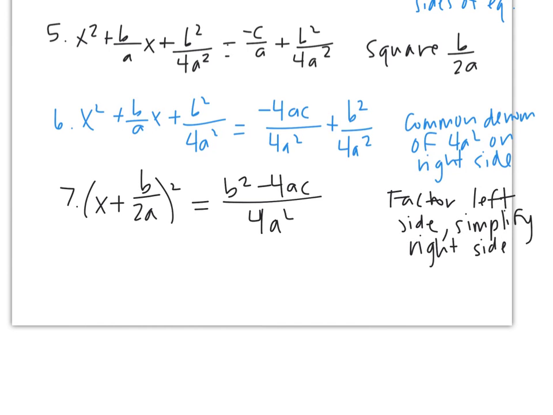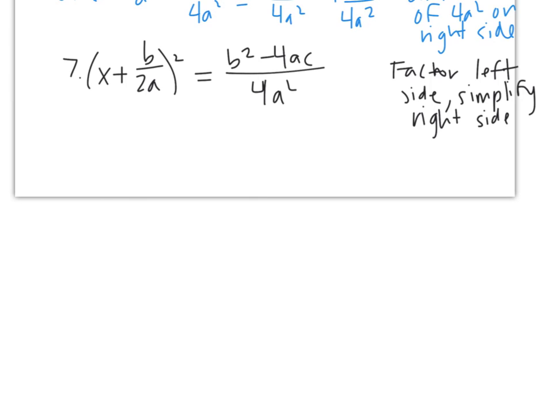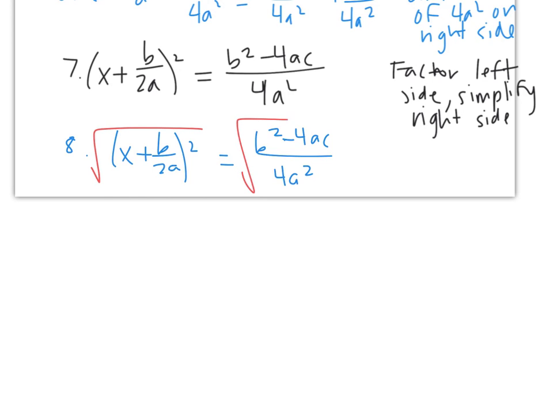All right, let's continue on. We are almost done. In step 8, if I have something being squared, how do I undo that something being squared? Well, I simply take the square root of it. So I'll take the square root of both sides. So my reasoning would be: square root both sides. And what I get on the left-hand side is I just get x plus b over 2a